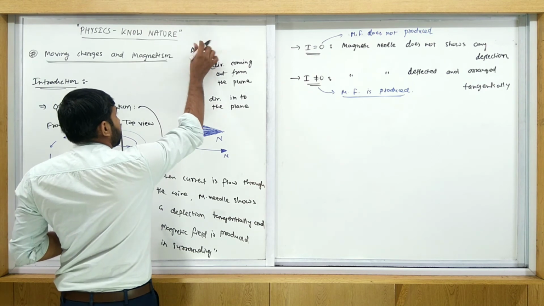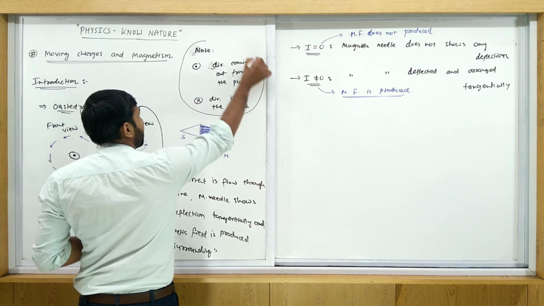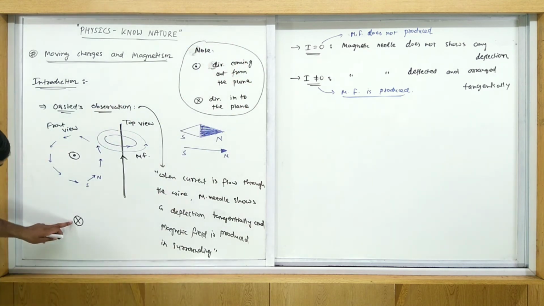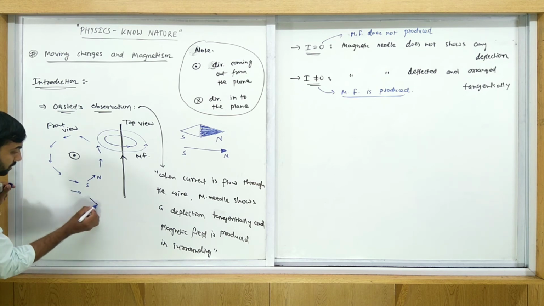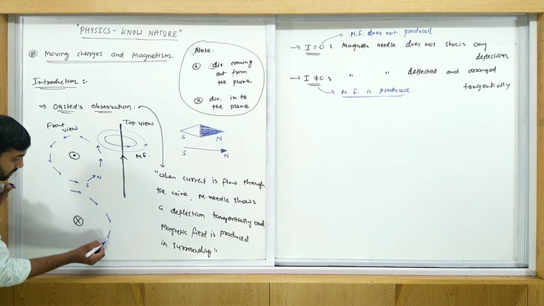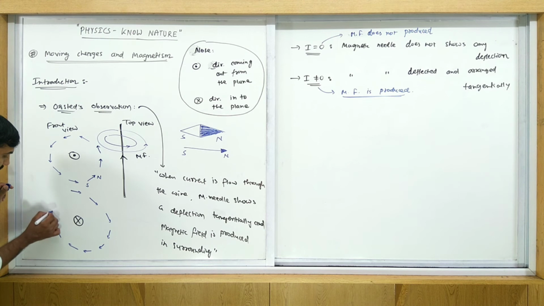Here in this chapter we represent the direction this way. So all of you, write down this note in your books properly, because we write this direction this way. If the current flows in this way, then the deflection is like this; in this situation the deflection is opposite of this one. In this case deflection is opposite. If we change the direction of current, then the deflection of the needle is also changed. It means the magnetic field is also changed.